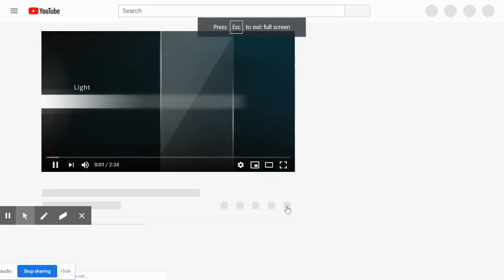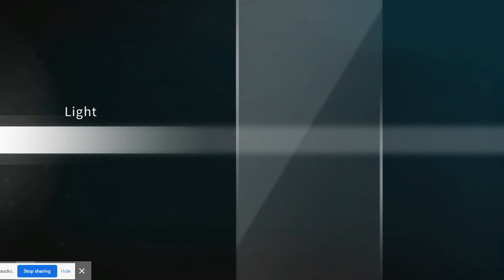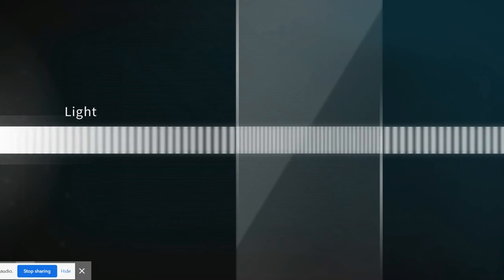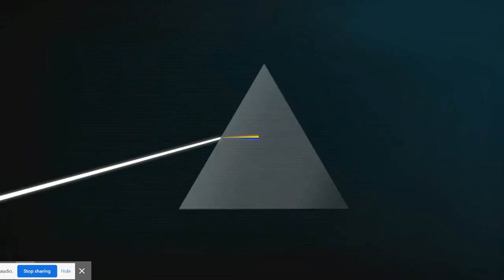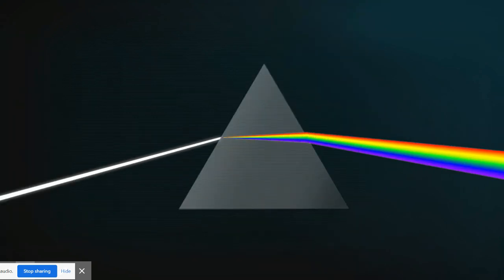When a beam of light hits a piece of glass straight on, it passes right through it. But the waves that make up the light actually get slowed down by the glass and only go back to their normal speed when they come out the other side. That slowing down is what causes white light to split into a rainbow of colour whenever it hits glass on